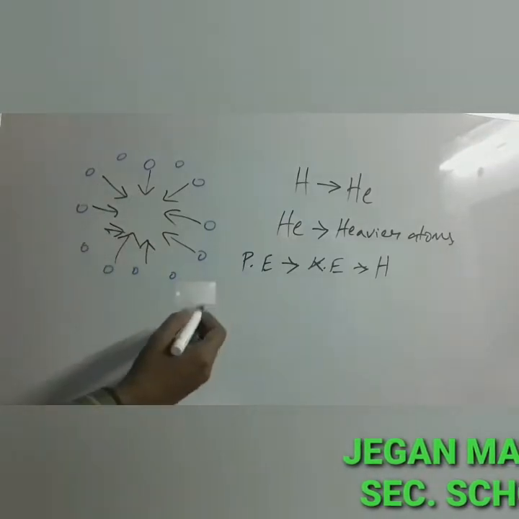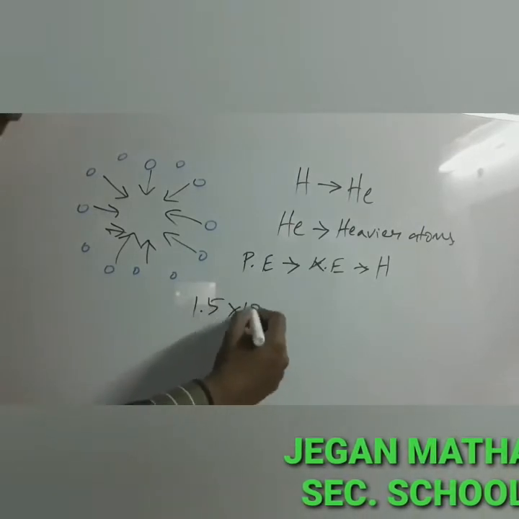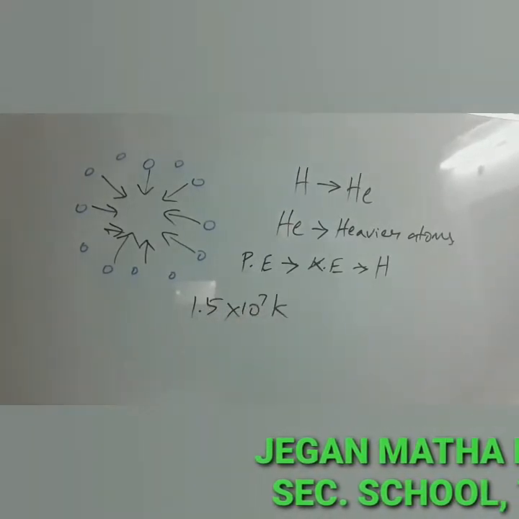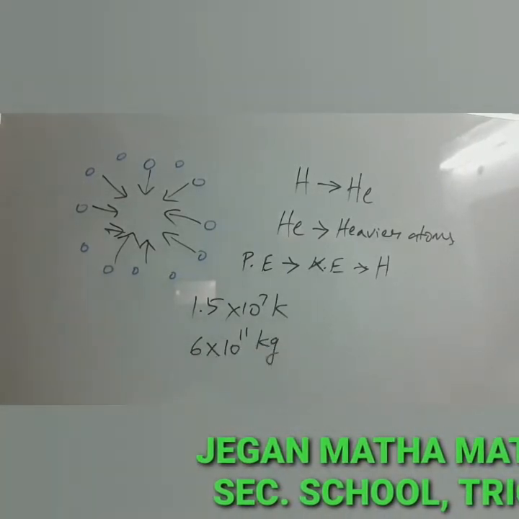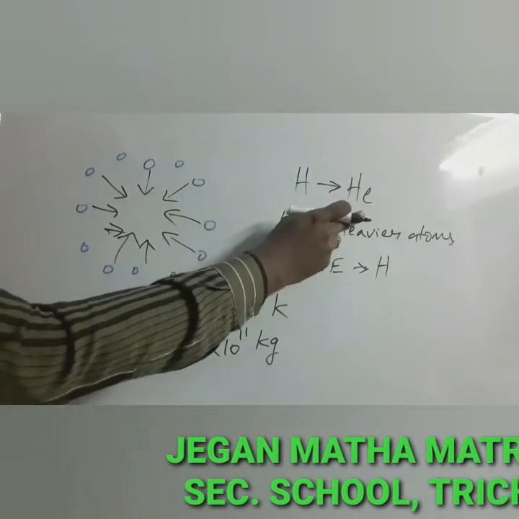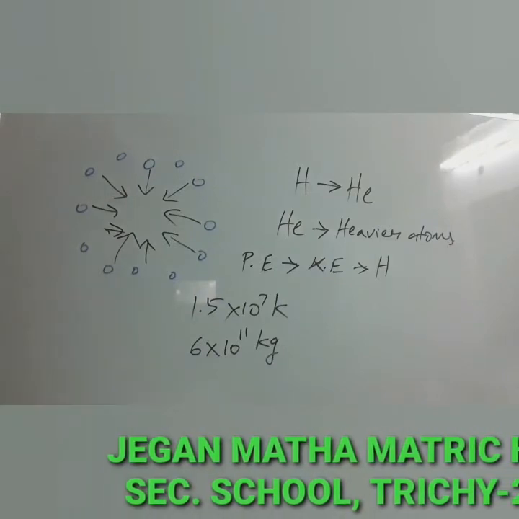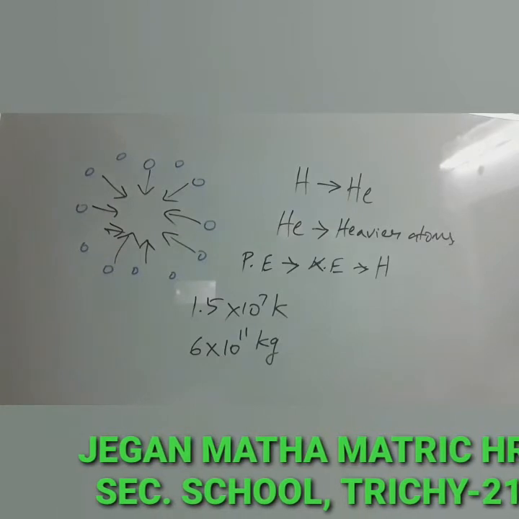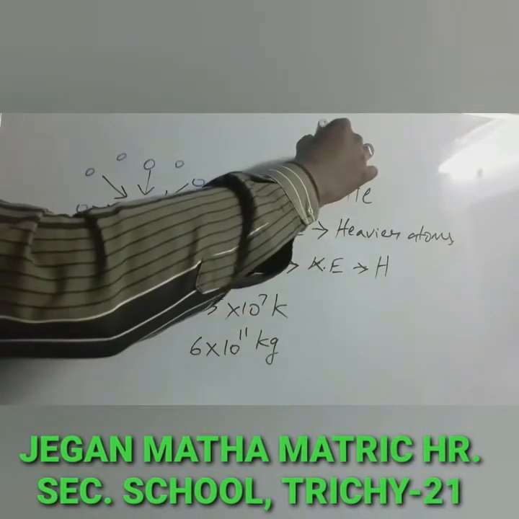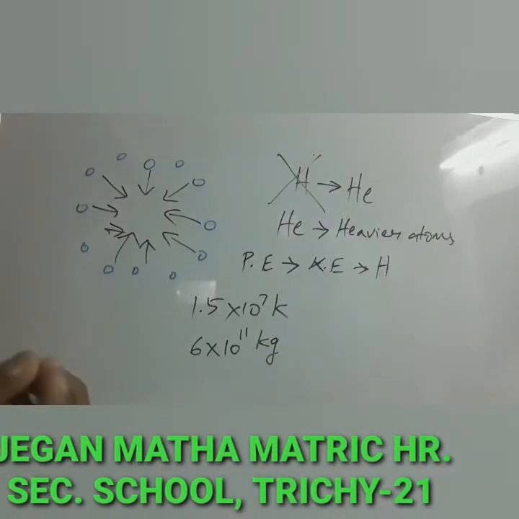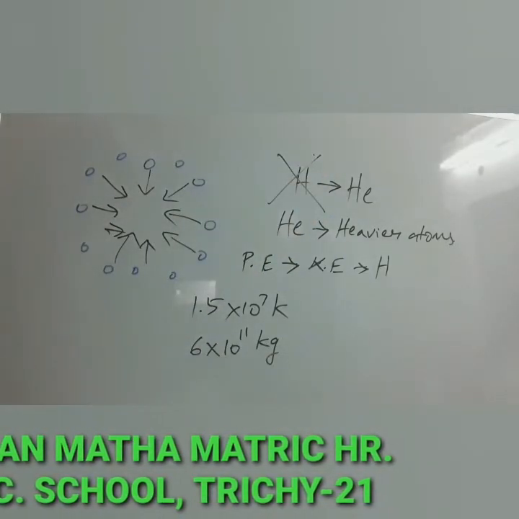The Sun's interior temperature is around 1.5 x 10^7 Kelvin. In the Sun, 6 x 10^11 kg of hydrogen is converted into helium every second, and the Sun has enough hydrogen that these fusion reactions will last for another billion years. When the hydrogen in the Sun is burnt fully, the Sun will enter a new phase called red giant,